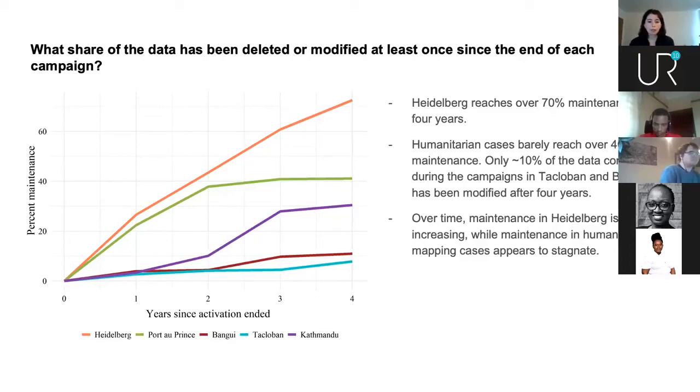And of course, I think we can all acknowledge that it is incredibly valuable to be able to bring in an international community of mappers to rapidly produce OSM data after disaster strikes. But these findings, I think, suggest that this model of humanitarian mapping may not be providing data that's of lasting value to local communities over time. And so I think this suggests the need to continue to work with local communities to engage and help them invest in maintaining data in OSM over time. And so I think this is a good place to turn to Geoffrey to speak about his work with local OSM communities.